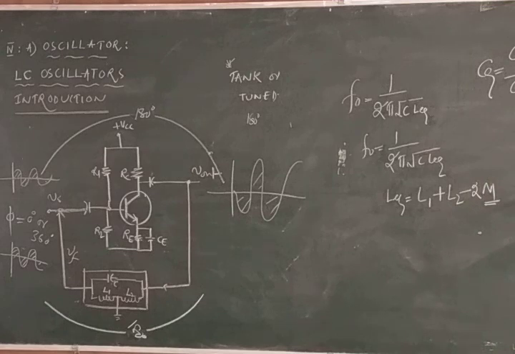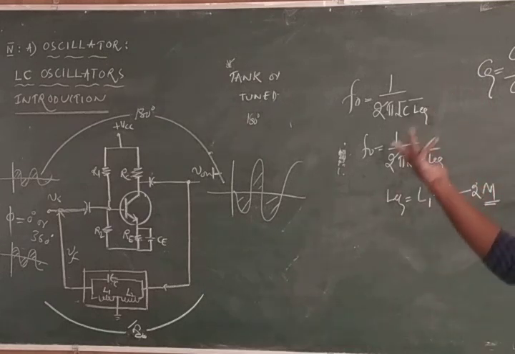No need to explain the Colpitts oscillator in detail. What changes must we make from the Hartley oscillator? Tell me. In the circuit diagram, two capacitors and one inductor. Here the inductors must be replaced by capacitors, and the capacitor is replaced by an inductor. Then the tank circuit definition remains the same.